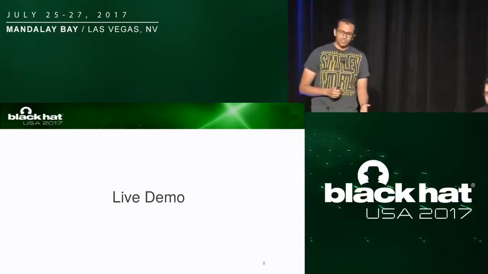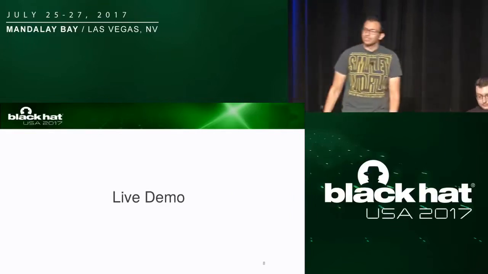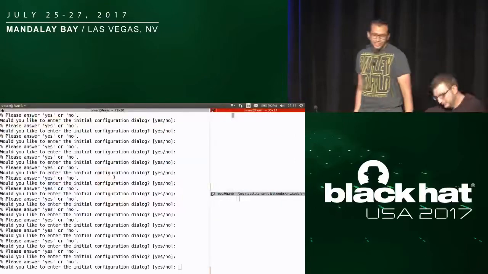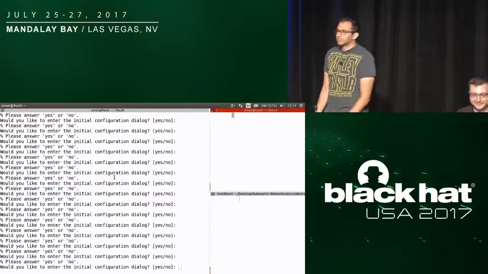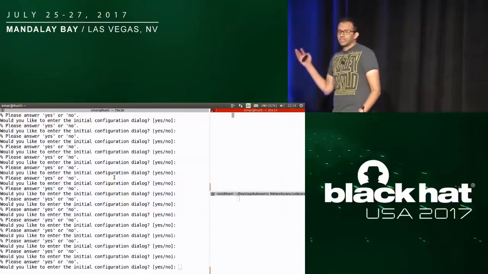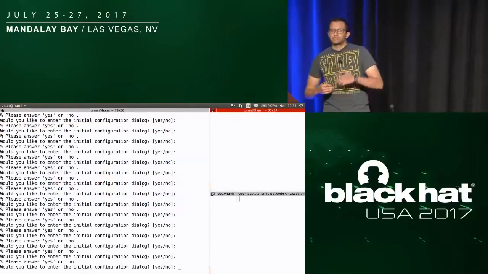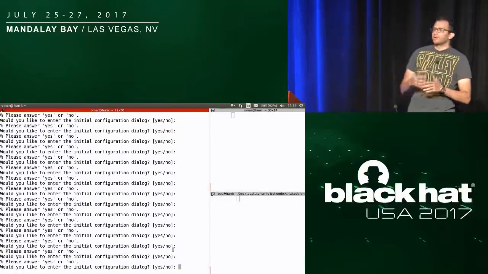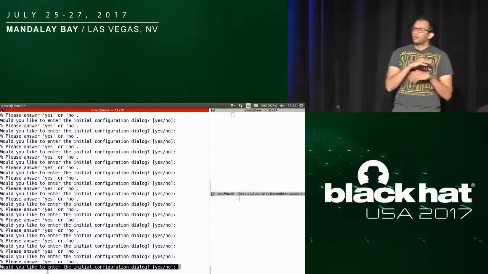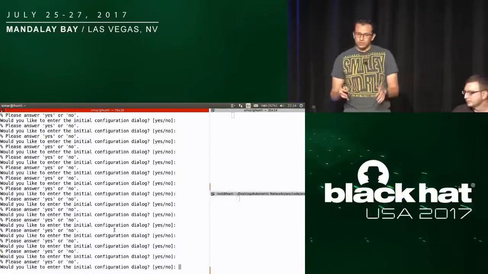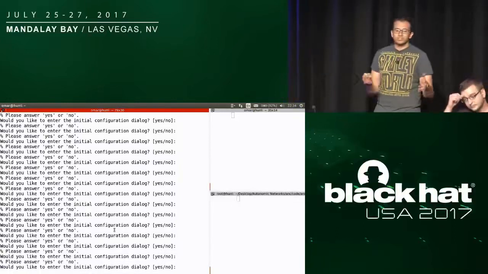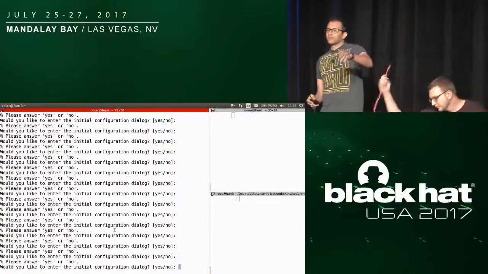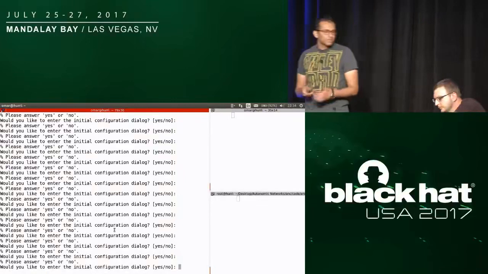What I'm trying to do here is that I just asked Wojtek here with me to bring a brand new device. This is the one that we have here. And as you can see from the presentation, I'm asked to go to the configuration dialog mode. It's for the people who are used to Cisco. This is what you see once you buy a brand new device, or you just remove all the configuration on it. So that's what I did here, and all I will try to do now is connect this device to the one device that has 5 commands, the register, and see whether it will be configured or not.